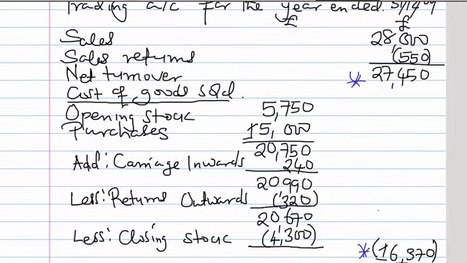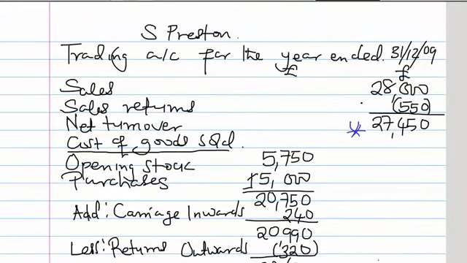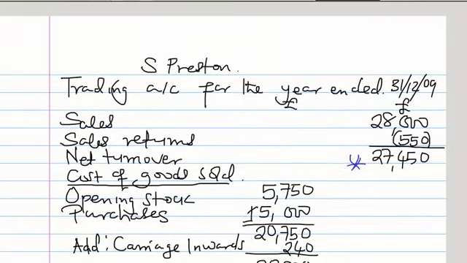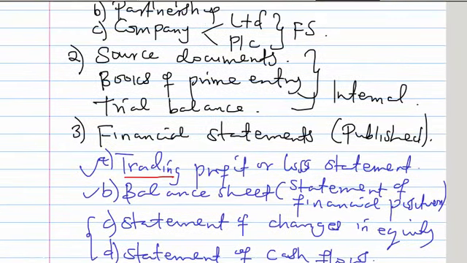This statement you are seeing from the top here, from the sales to the gross profit, is the statement that's known as the trading account, and that will be all for now. In the next video, we're going to extend from just a trading account to a trading profit or loss statement. But for now, we've done part